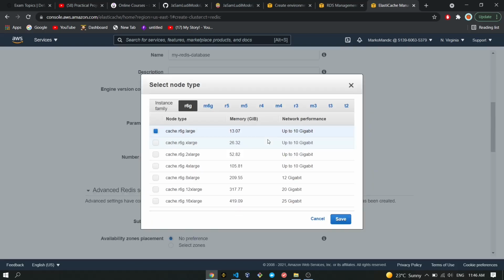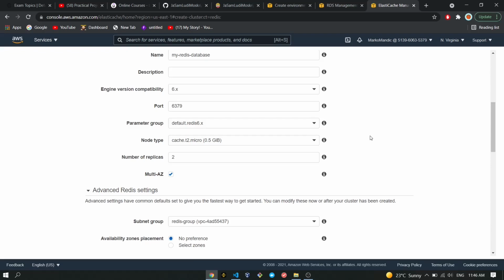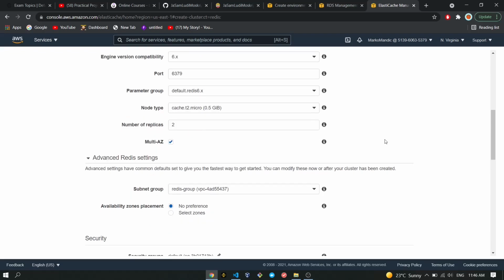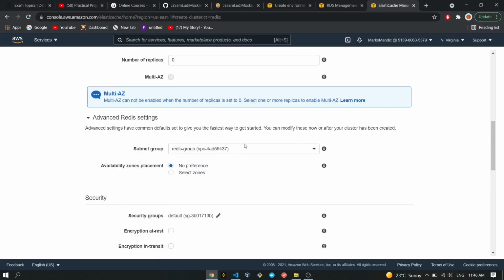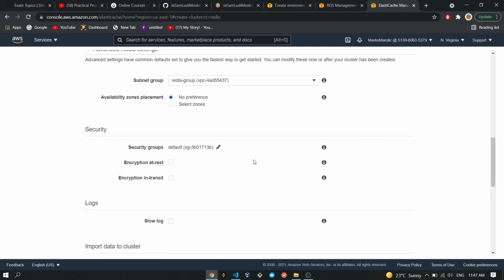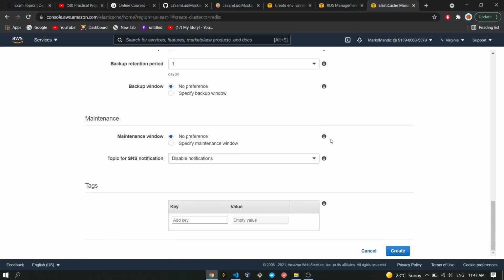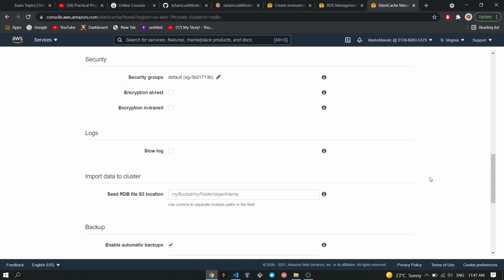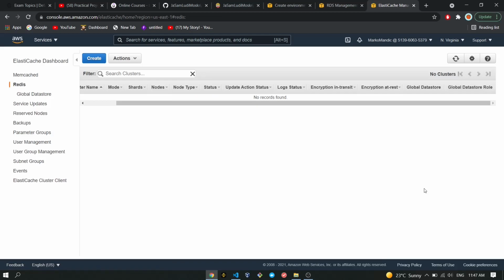Parameter okay, and I will change this to T2 micro. We don't need that much gigabytes. Number of replicas I will say 0, like that. The subnet group is okay. Security group is okay, and that will be it for our Redis instance. And I'm going to click create and wait for all of this to be available, so we can start doing